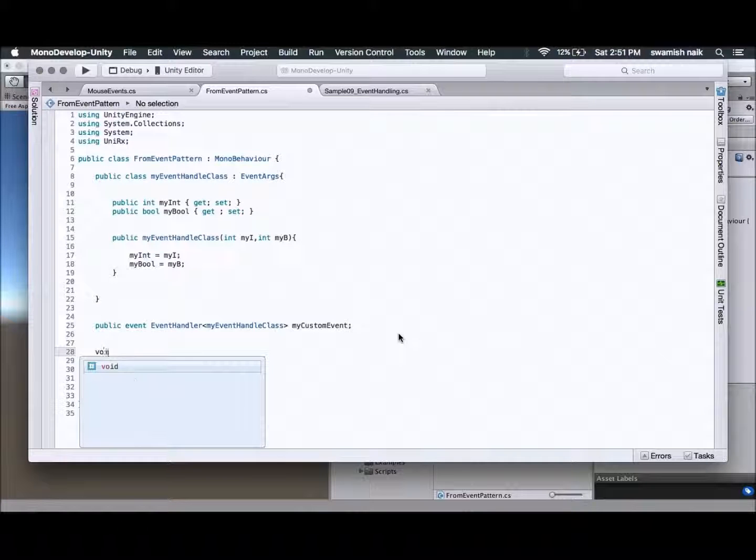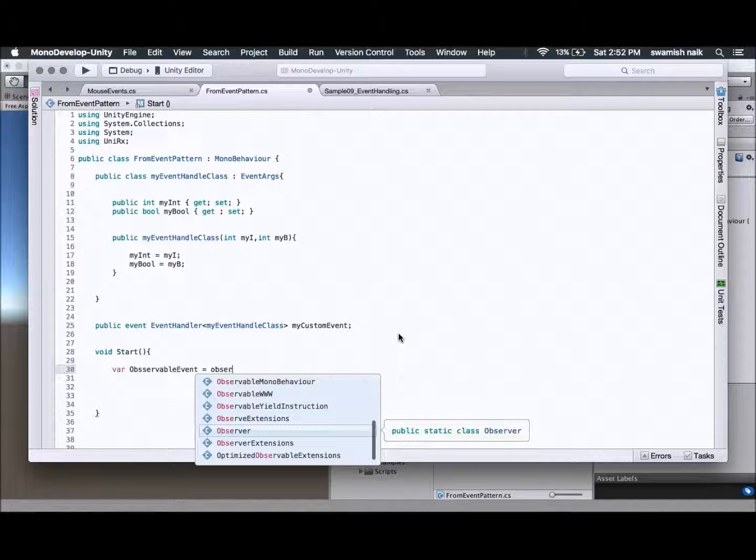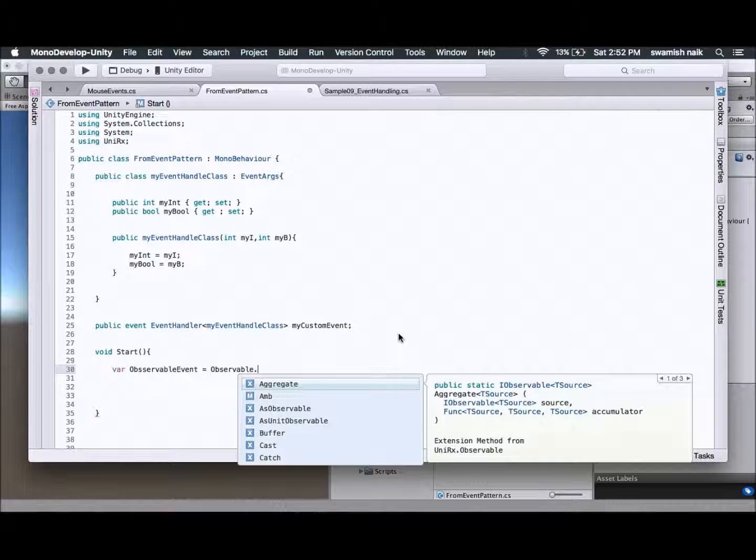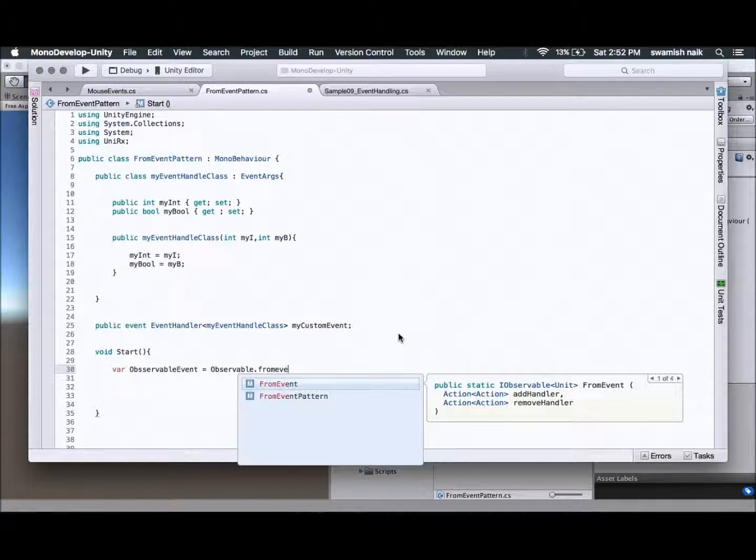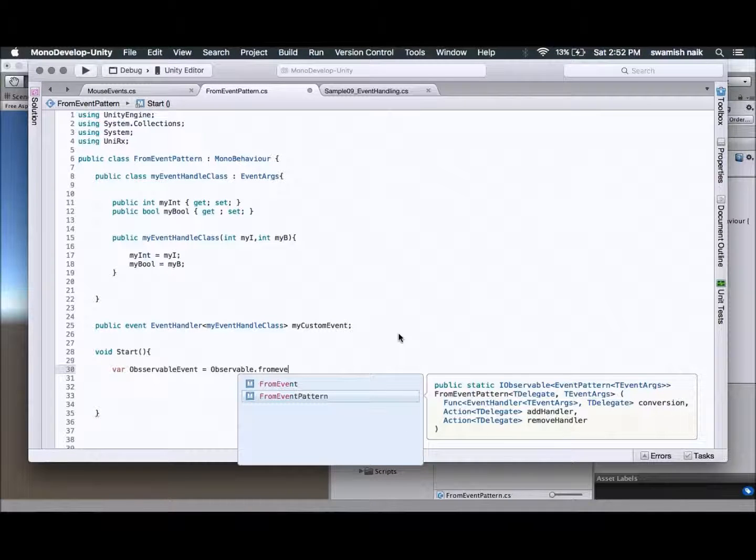Later let's create the Start function. It will have our variable observableEvent, equal to Observable.FromEventPattern, which takes a Func as an argument.